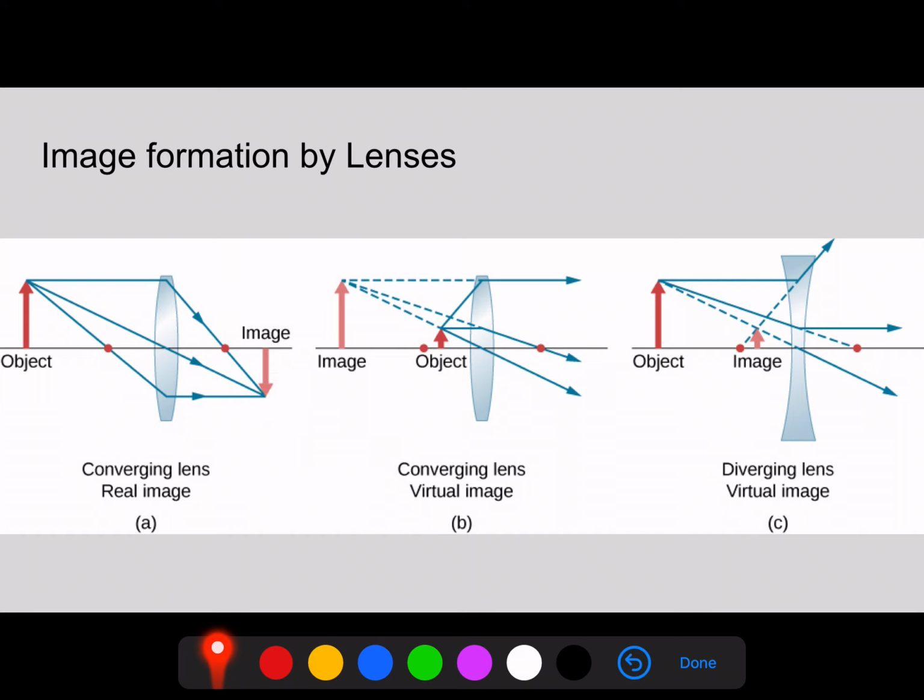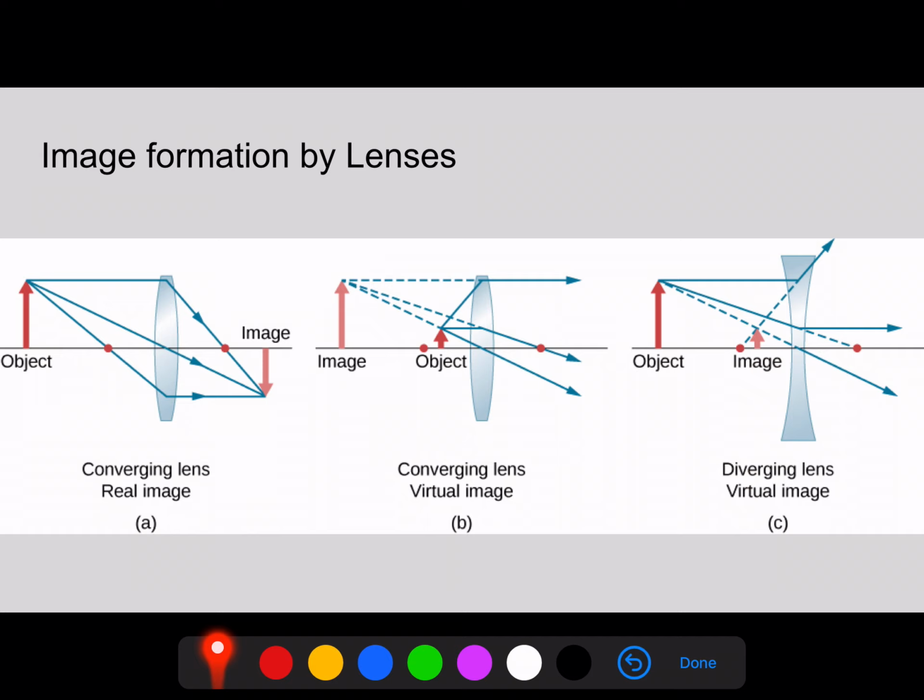But if you stick the object inside the focus, then you can also end up with a virtual image, much like you would with a diverging lens, but this virtual image is going to be to the left of the object and it's going to be magnified, whereas with the diverging lens it will be to the right of the object and it will be smaller. Okay, so qualitatively speaking, conceptually speaking, those are the cases to bear in mind when you're dealing with lenses and